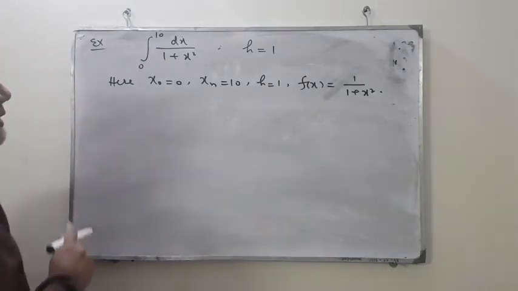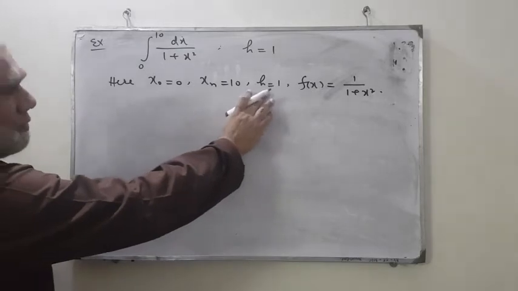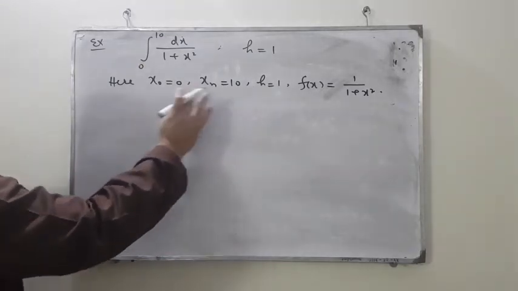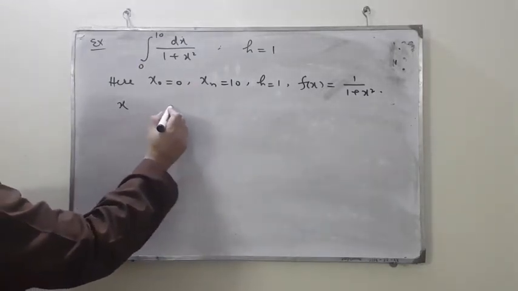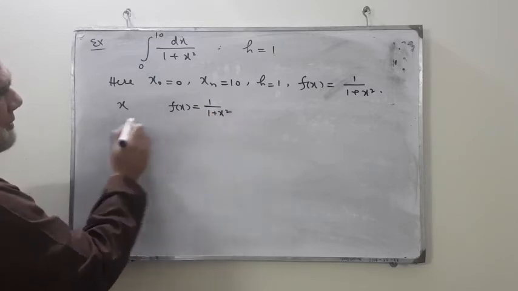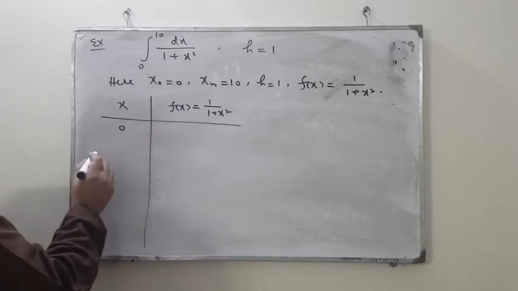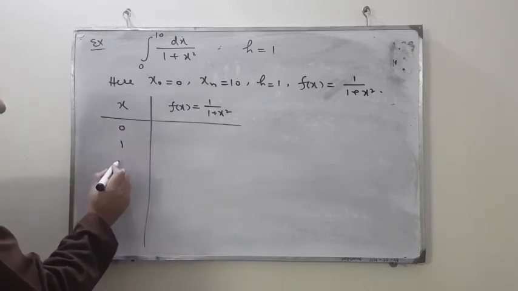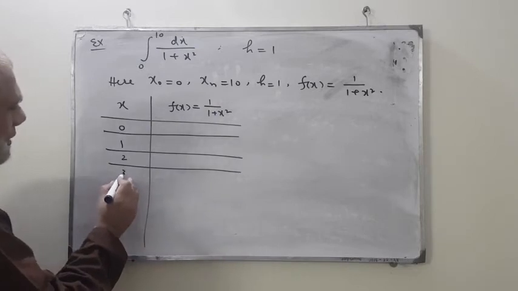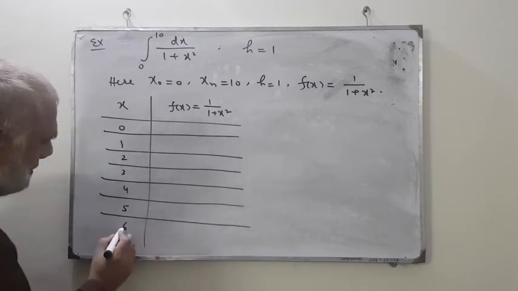Next step is to construct the table of values. For this, keep in mind you are going to divide the interval with an increment of 1 unit each from 0 to 10. So here we take x and the corresponding value of the function, which is 1 over 1 plus x square. So let's construct the table. The interval starts from 0 and with an increment it goes to 1, then 2, 3, 4, 5, 6,